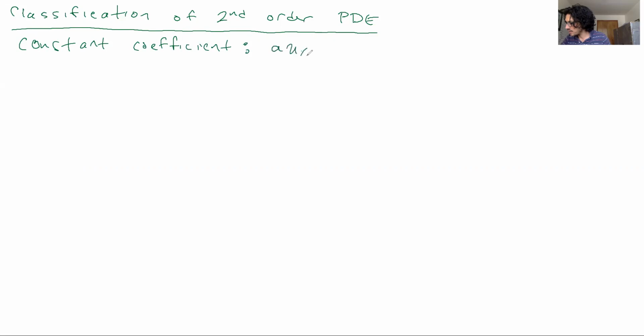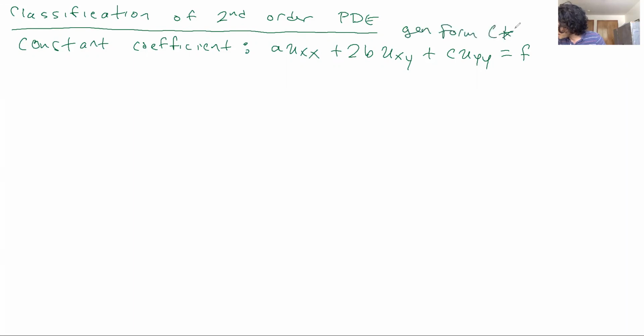the idea is that if we have a second order PDE with constant coefficients, okay, and some inhomogeneity, we can write it like this, okay? And this will be our general form, and we'll label that star, okay? So here we have u is an unknown function of x and y that we want to solve for. Of course, y could be replaced with t in this case. And our right-hand side